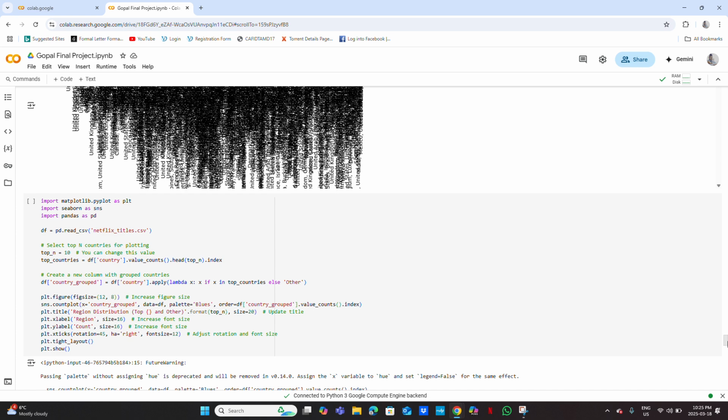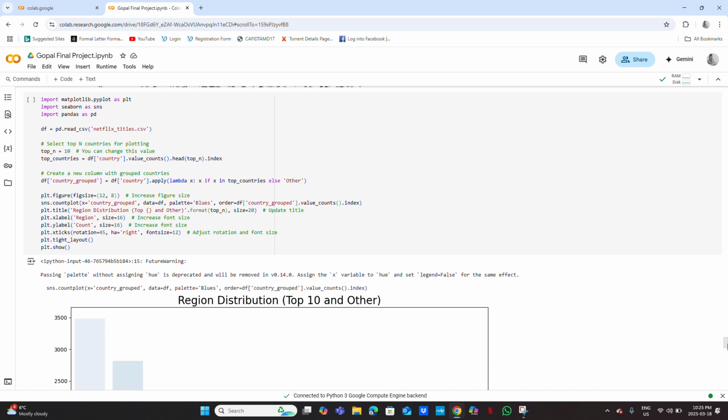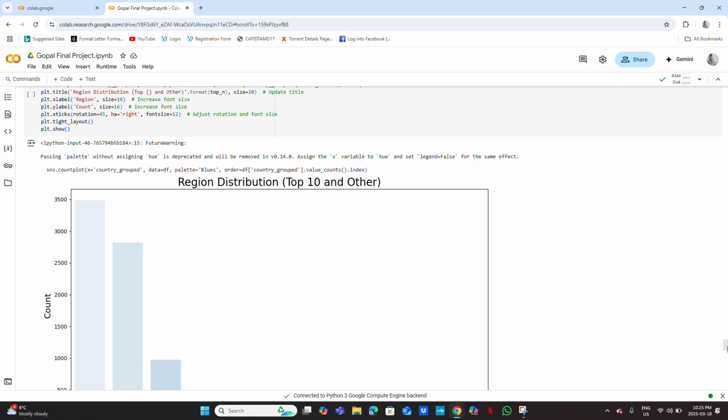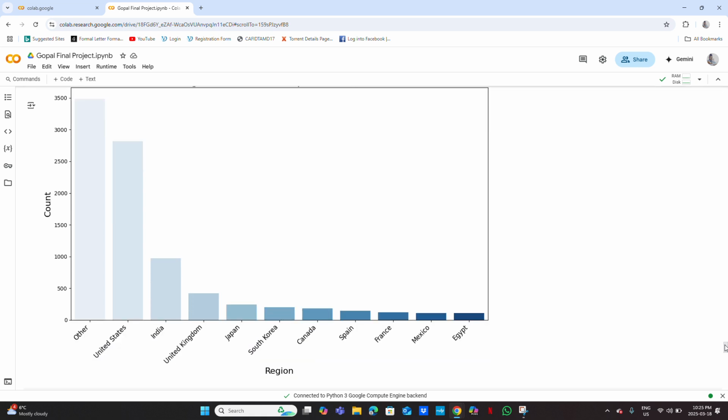Here we saw that the United States is top among the regions, whereas India is in second, and then United Kingdom. Similarly, we can also see that the top four have very huge margins between them, and after that there is an almost